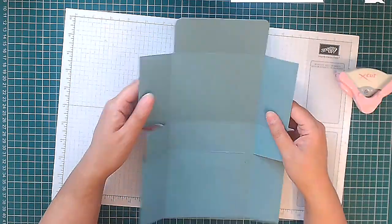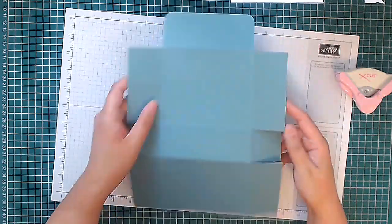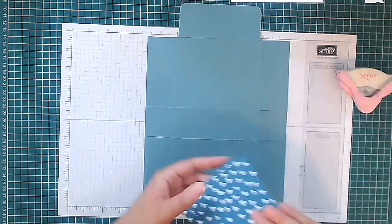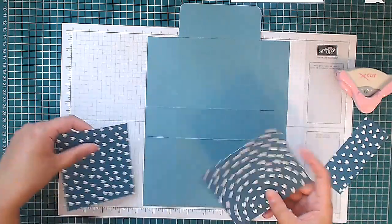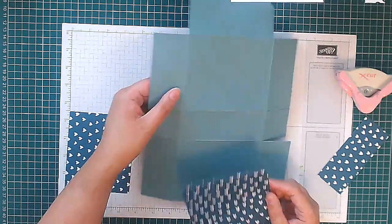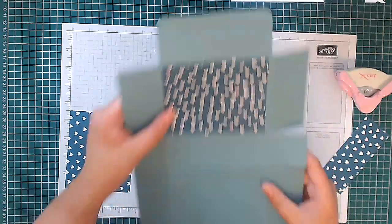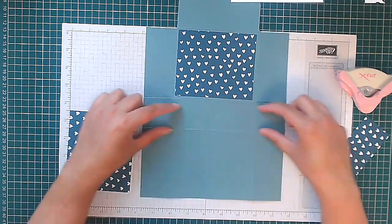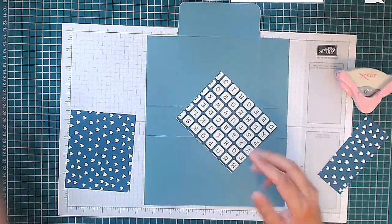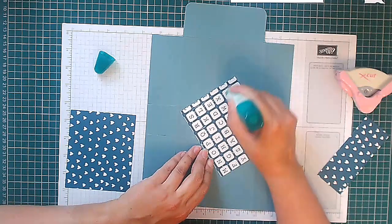So we can start to put our paper down. So this will be the inside with our flaps flapping up. Now turn it to the outside. And we're going to put our paper here and here in these big rectangles. I'm going to use the Delightfully Eclectic paper again, and I'm going to use this heart, but this has an orientation unlike the paper before, so you need to make sure that your paper is in the correct orientation. So this piece, the strip across the center here, is your base, so everything needs to point down to your base. If you do that, you'll stay in the correct orientation. So let's put some glue